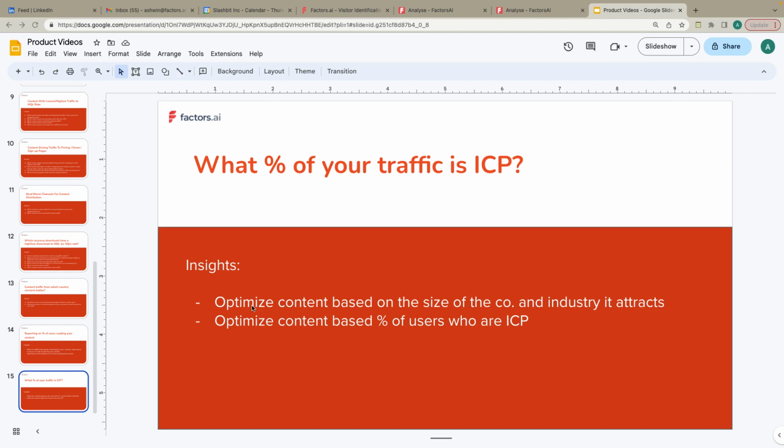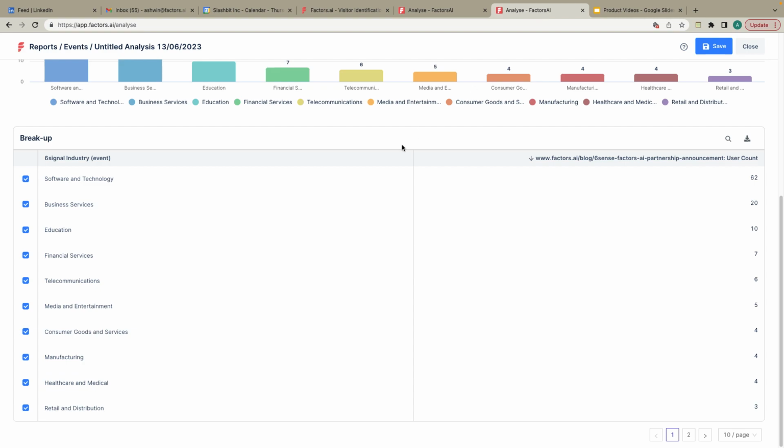Now let's look at the first insight over here, how you can utilize Factors to do that. This is one of the blogs that we took live a couple of months back. It was regarding our partnership with Sixth Sense, and it was not so much a press release, but more about how this partnership was going to help Factors improve the value that we'll be providing via the product. Now, as you can see over here,